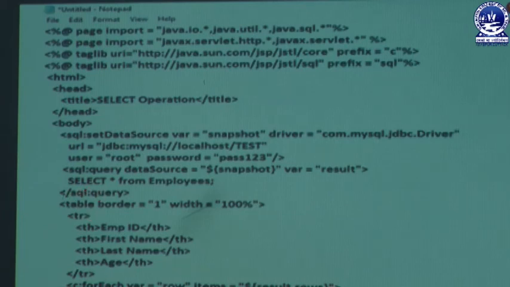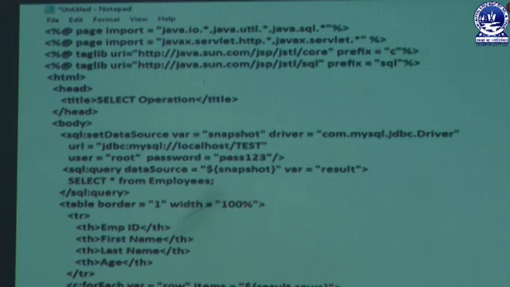Then we want to retrieve our data in a table structure. If a user wants to retrieve data from their database in a table structure, we must write the table tag. That table tag contains some attributes like border, and that border is 1. Then we mention width, and we make the table width 100%.